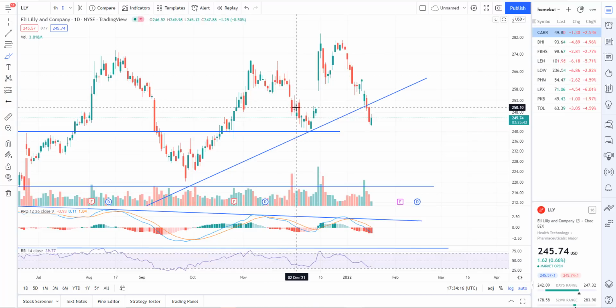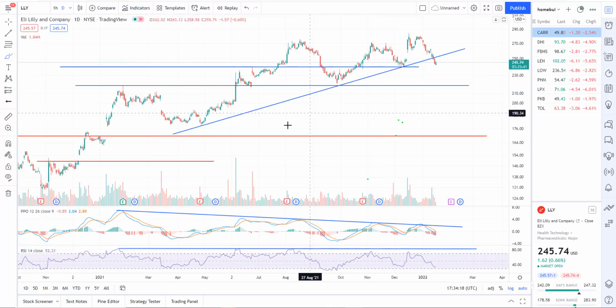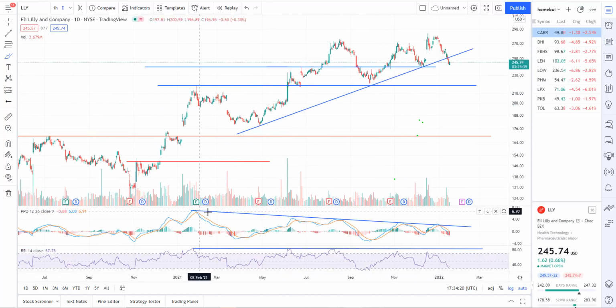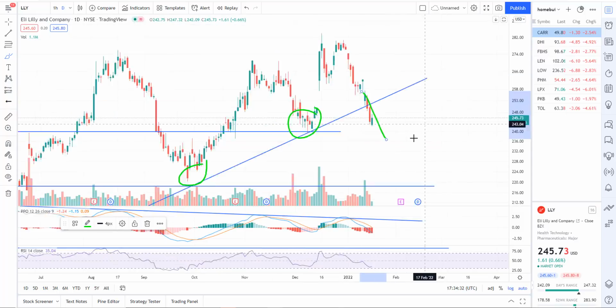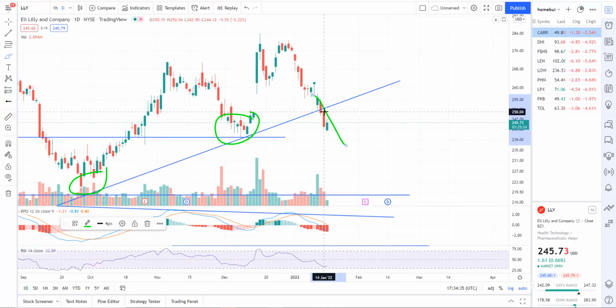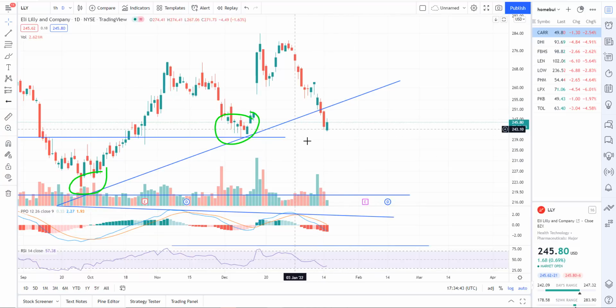And I like this as a short idea, LLY. A little bit of a bounce today, not much, but you can see here, big negative divergence on this one on the daily chart. It's been building for quite a while. And we had this uptrend line to watch right here. Support, support, support. And we broke. All right, there's a clear breakdown and sell signal on Friday. Today is a slight bounce, but ultimately it doesn't look like it's changing the fact that this is heading